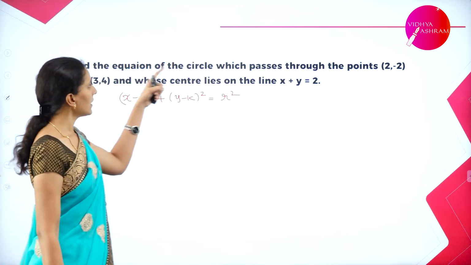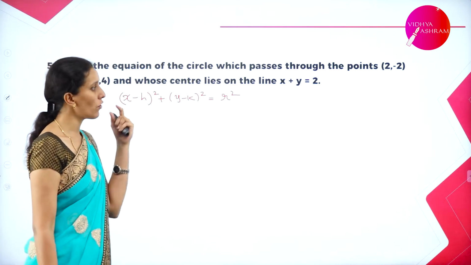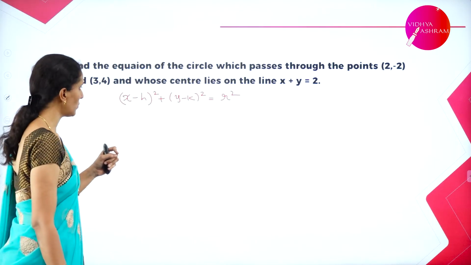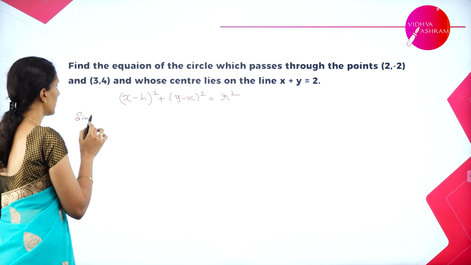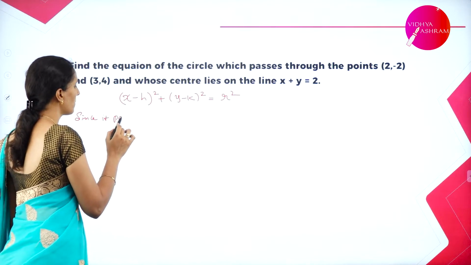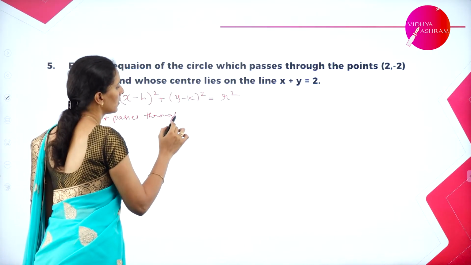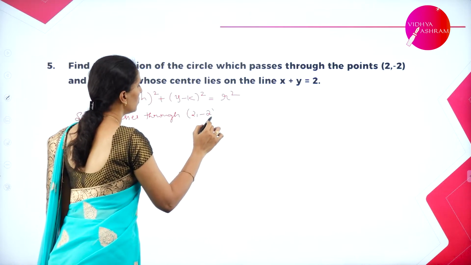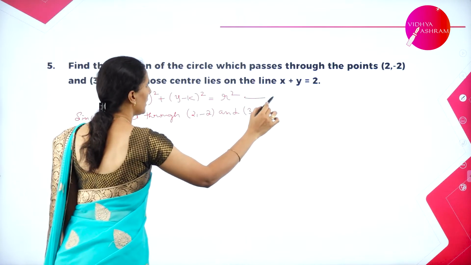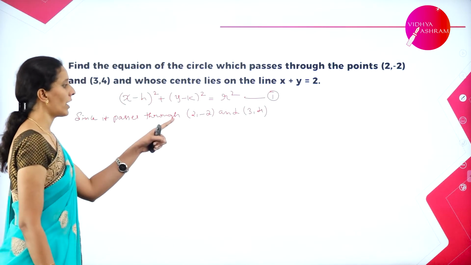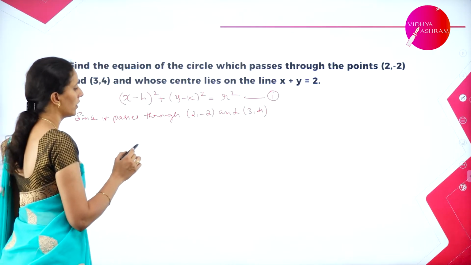Now, since the circle passes through 2 points, we can take the values of x and y as (2, -2) and (3, 4). Let me take this as equation 1. You can replace the value of x and y as (2, -2). So we get,